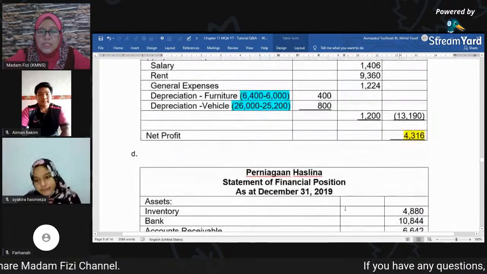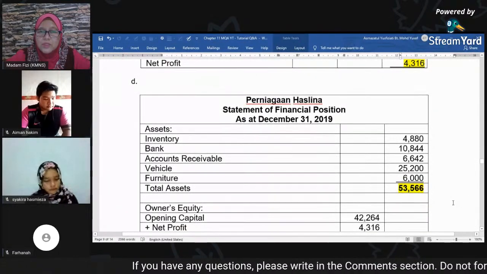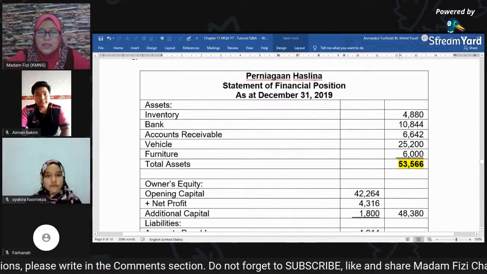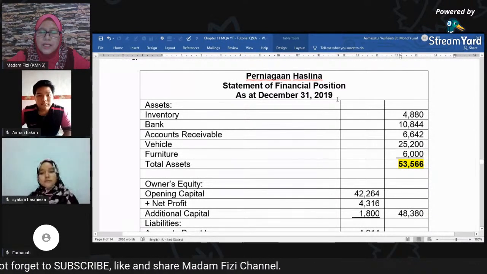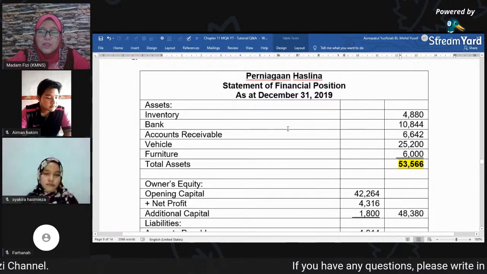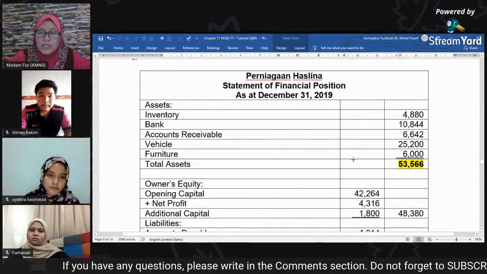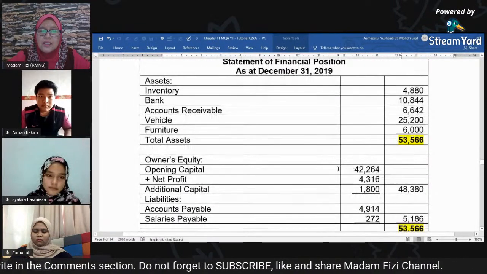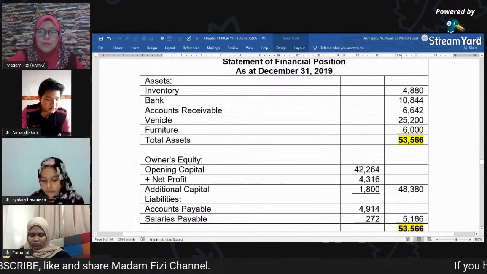Okay, so next question is statement of financial position. Okay, write the title first. Perniagaan Haslina, statement of financial position as at December 31st, 2019. Okay, so for financial position, we take the closing balance. We start with asset. So the total asset is 53,566